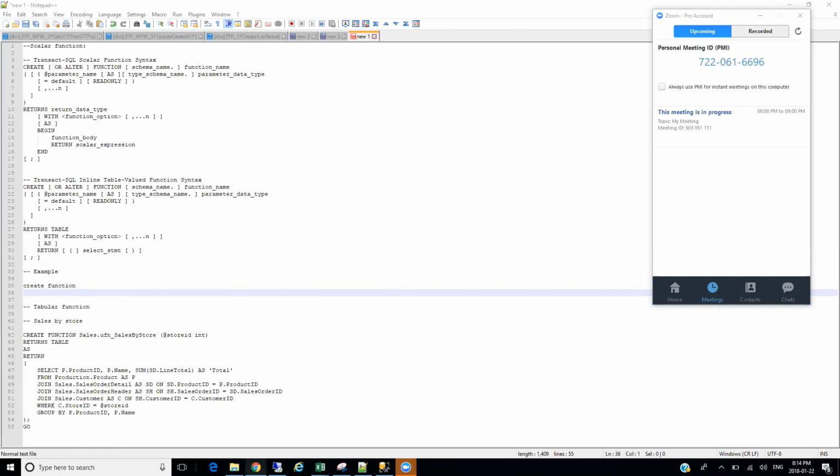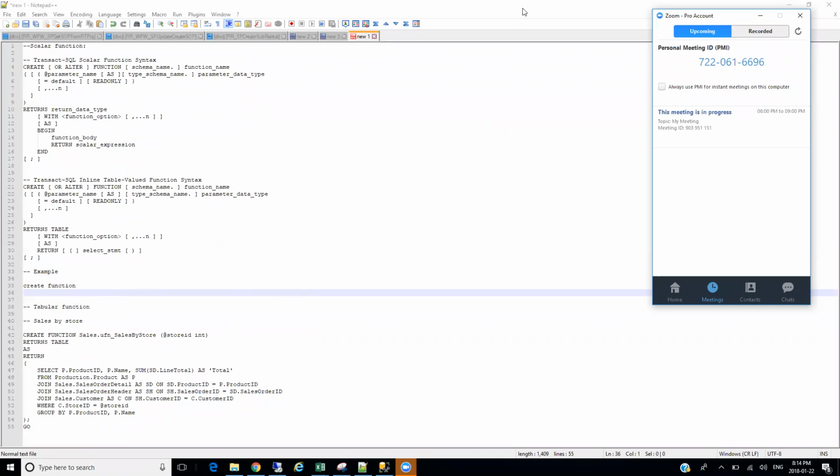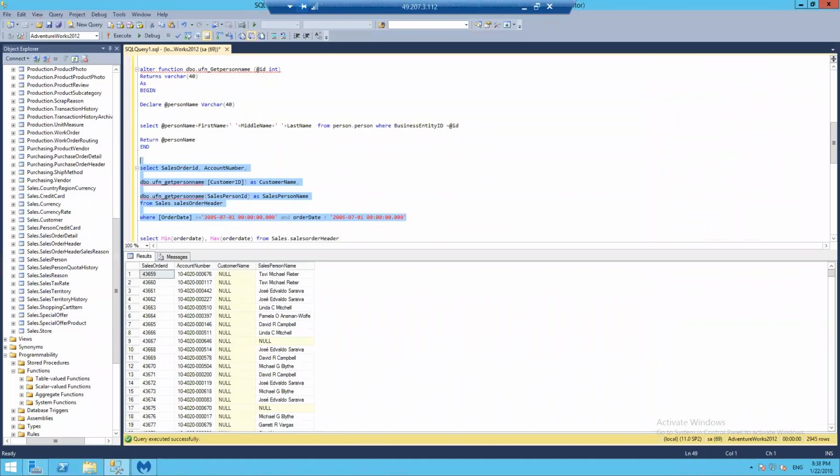Okay, so like I said, a function is nothing but a logical piece of code which accepts the parameter, and it will perform the logic, and it will give you the output. So in terms of building application logic, we need to write some functions. These are called user defined functions, and these are with respect to the business logic, with respect to a particular database. There are two types of functions, actually three, but we generally use two: scalar,